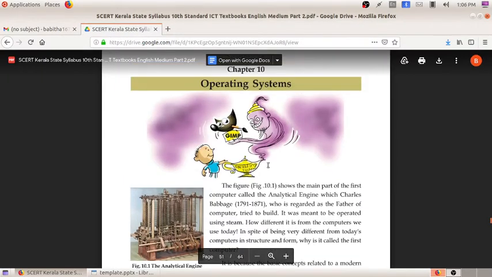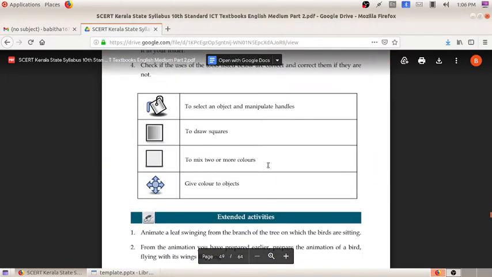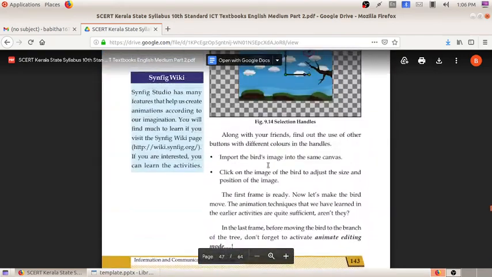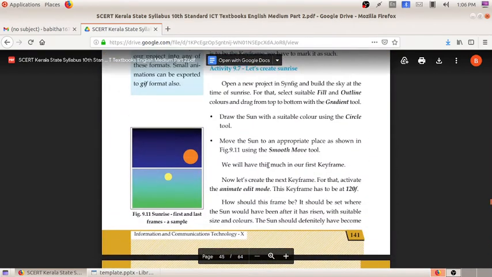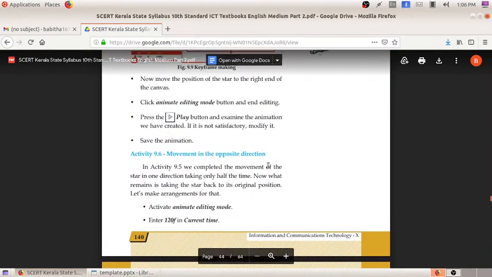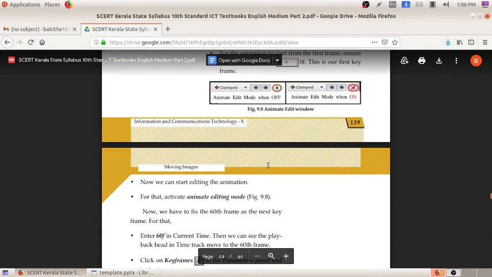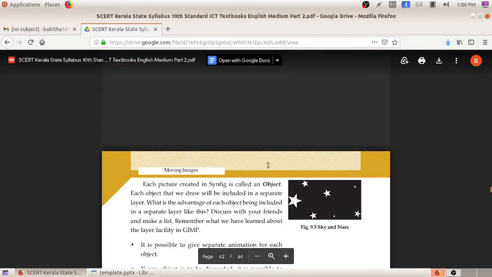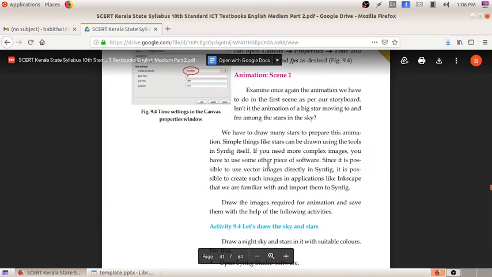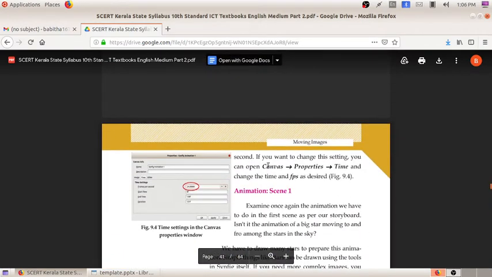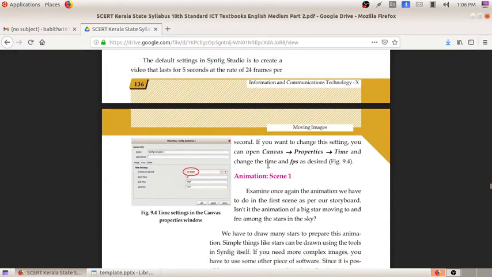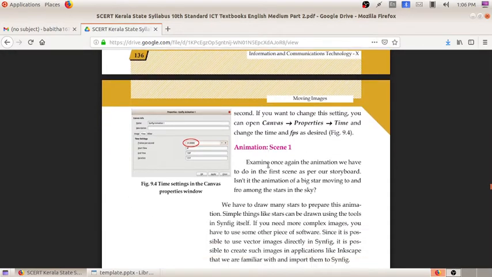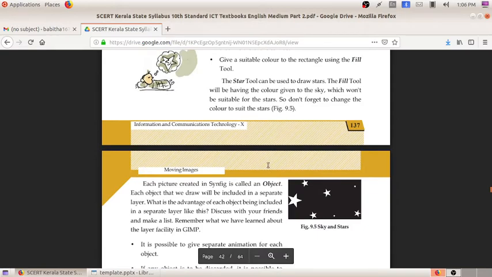When we summarize that chapter, we have studied about the Synfig studio to create the animation, and we have done 3 activities of moving the star in 60 frame and moving the star in reverse direction in 120 frame. Okay, so I hope it is clear to all of you.